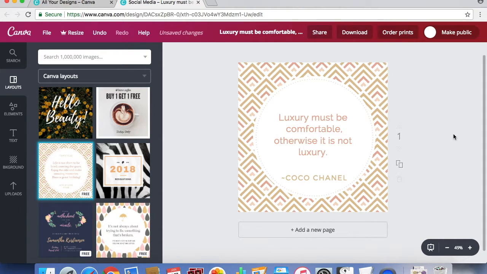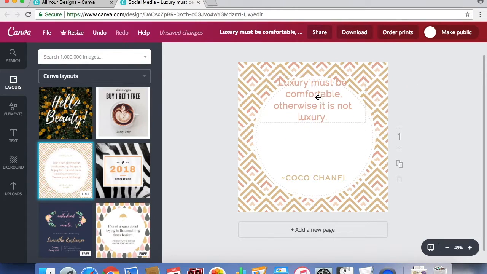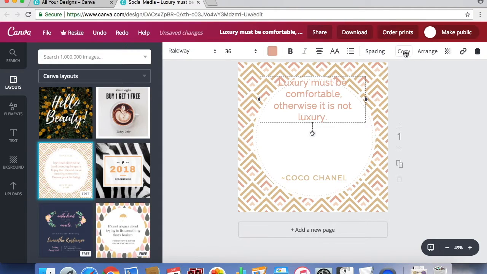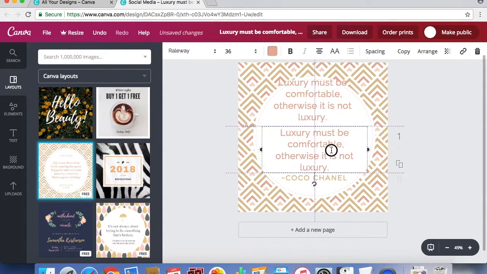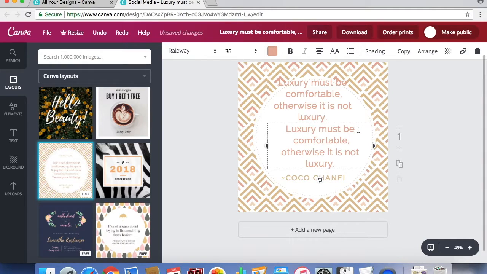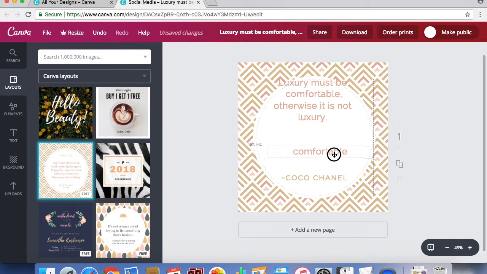So now let's take a look at this. I think the most important word here is comfortable. So what I'm going to do is I'm going to take this, I'm going to pull it up here. I'm going to click on it, I'm going to hit copy. So I'm going to have a second version of it. I'm just going to keep the word comfortable. Make sure that's all that's in here, because I want that word comfortable to stand out. So I'm going to make that stand out a little bit from the other